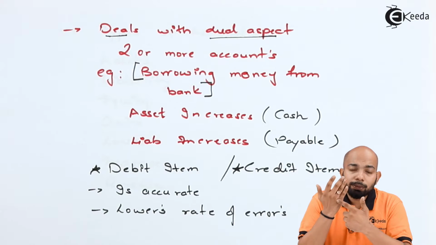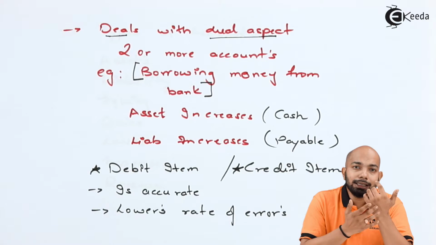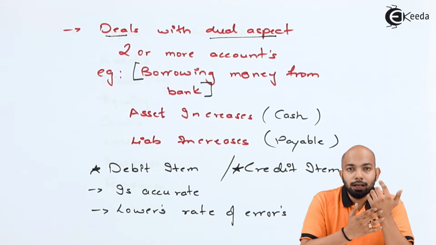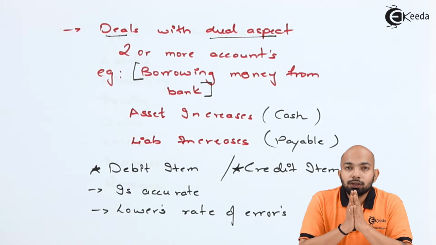So the debit side will always be on the left-hand side and the credit side will always be on the right-hand side. That is the T account formation, and that's how journal entries are passed and ledger balances are filled. Now, two more advantages of keeping a double entry bookkeeping system are, first, it is